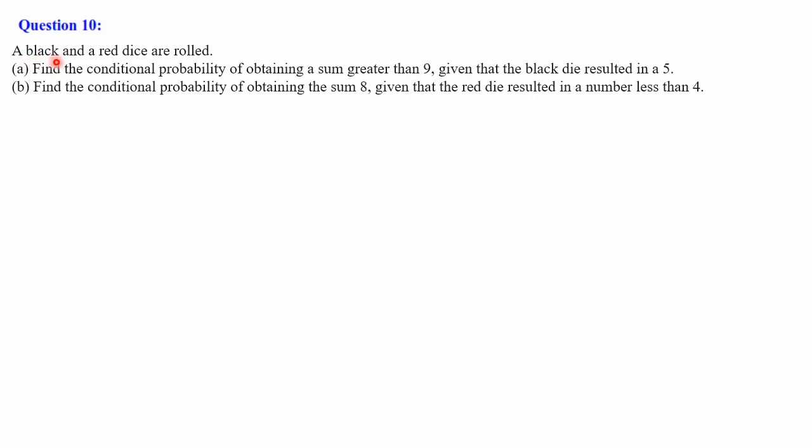First one is black and the second one is red we can consider. So let's assume, let the first observation be from the black die and the second from the red die. And find the conditional probability of obtaining sum greater than 9. Sum greater than 9 in the sense sum should be 10, 11 or 12. So the maximum possibility while rolling 2 dice is 6 plus 6, 12.